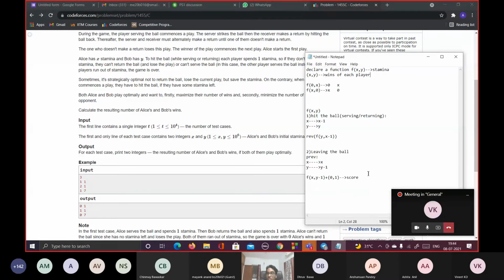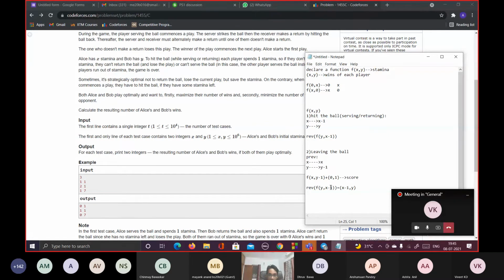So when I say plus 0 comma 1, it means that the other player is going to eventually get that point, right? So we have two outcomes here basically. What exactly is happening? We'll just try to relate them to the scores. So it's natural that the reverse of f of y comma x minus 1 is the score, and the function itself is changing its input. You could write it as the reverse of that, pretty much. I think I can write it as x minus 1 comma y.